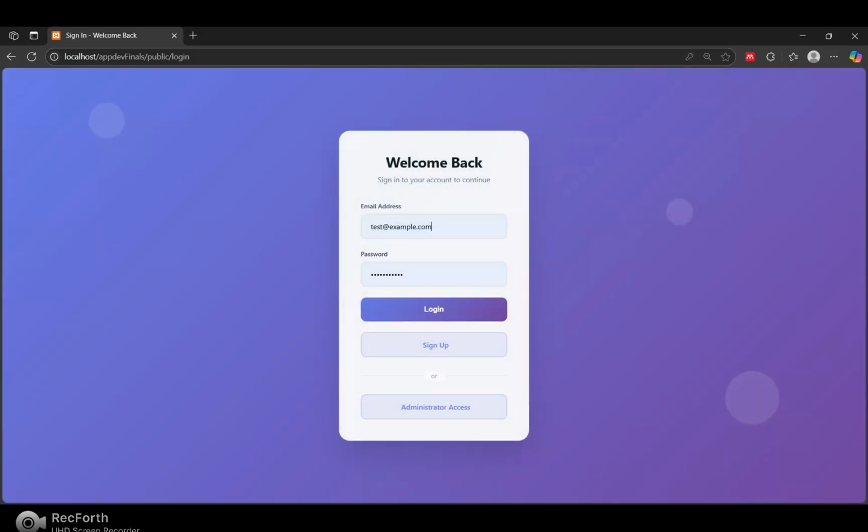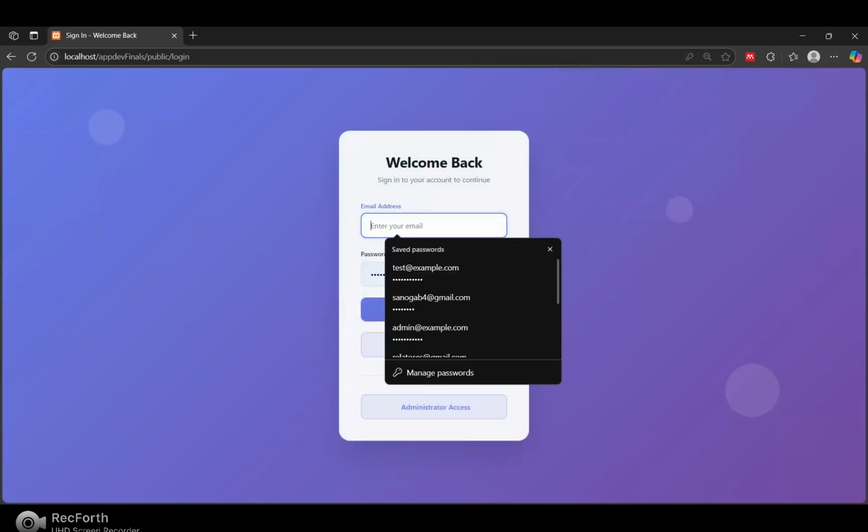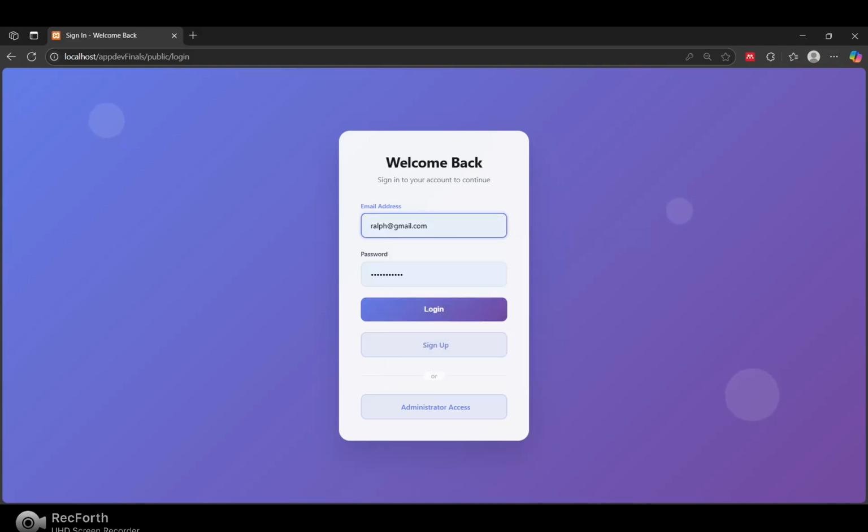It will create the account now, and I will log in with the created account, Rob, and the password, and login.